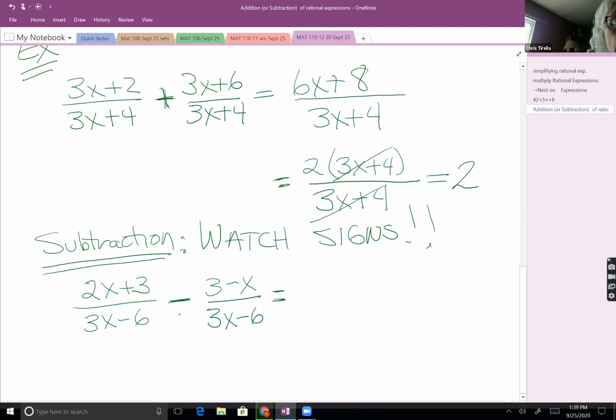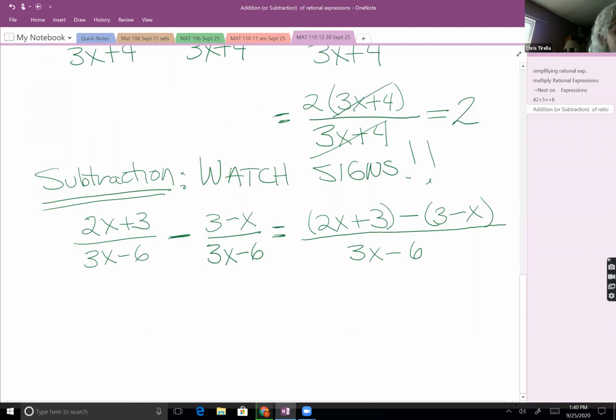And when it's subtraction, I take the time to rewrite it. I have my common denominator. I'm going to keep it. Everybody all right with that part? Yep. But then I have to subtract the numerators. And if the numerators have more than one term, I like to rewrite that subtraction problem as the difference of the two. Here it's the difference of the two binomials. Why do I do that? Because it keeps me from making a subtraction error.